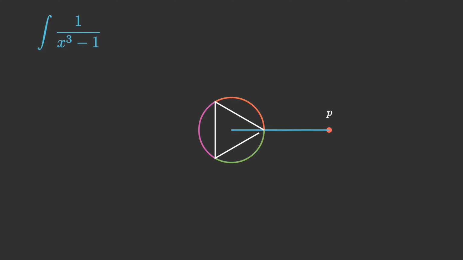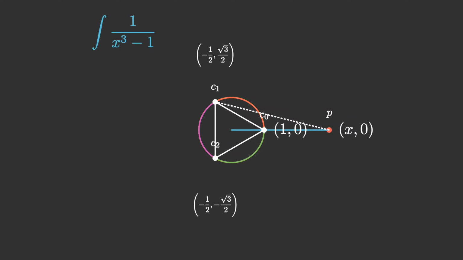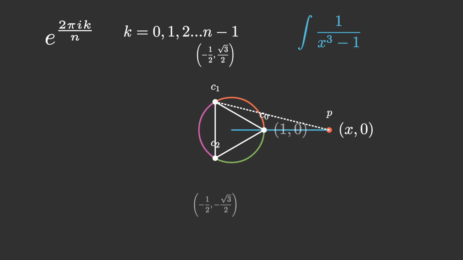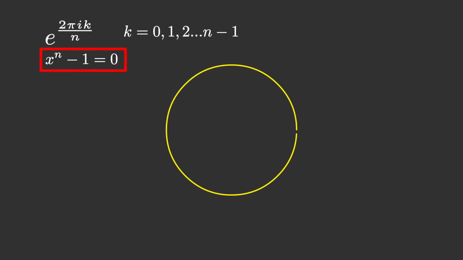Now take an n-sided regular polygon, but in our example it would be a 3-sided regular polygon. Now label these vertices and take a line from point P to C1, and we need to calculate the distance of this line. Then we label these points. So I am labeling these points with the help of roots of unity. So what are the roots of unity? They are just the roots of this equation.